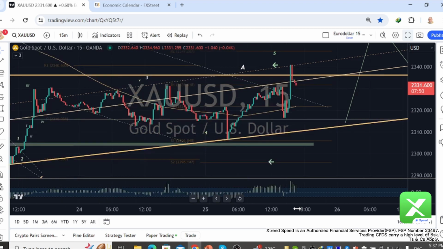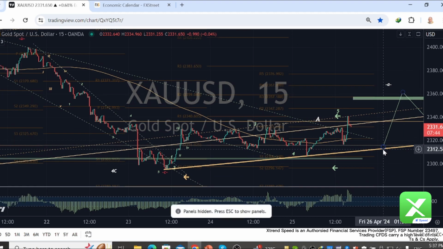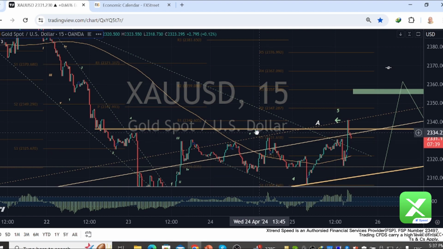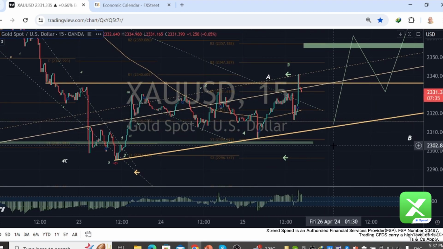The best entries would be towards the lower boundary of this ascending triangle. So even if you have a 5-wave structure, we're still going to be doing an ABC into it, and therefore this is really going to be lengthy. So you're also going to break the lower boundary to give us the sense or the implication that the market is going to the downside, and we get something like a bit of a lower head or a double inverted head at 2,290, for instance, and the market moves higher.